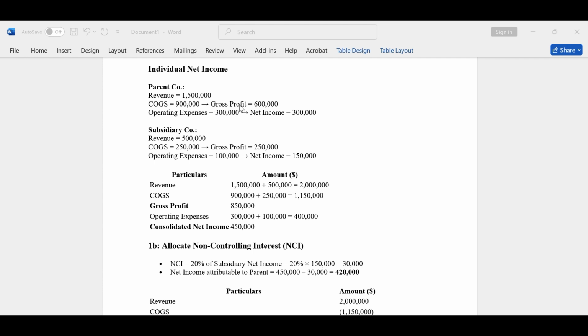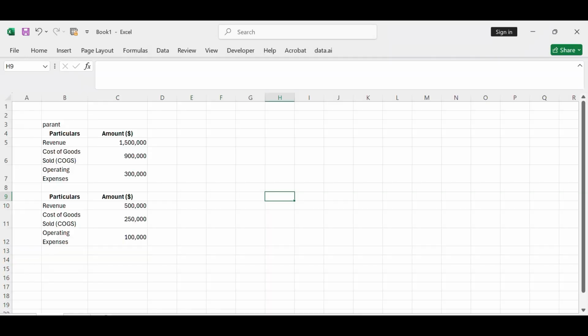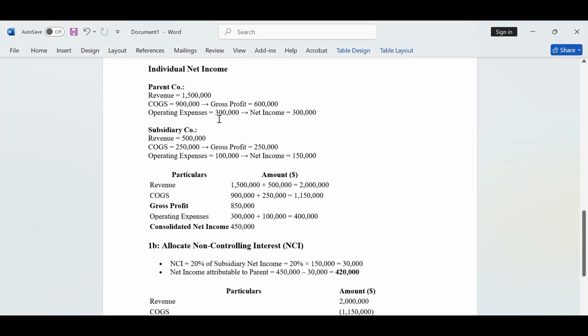Now we calculate gross profit: 15 lakh minus 9 lakh, we get 6 lakh. Next we give our operating expense, you see 3 lakh, and we minus it from 6 lakh, then we get 3 lakh. Next, our subsidiary company's revenue 5 lakh, cost of goods sold 2 lakh 50,000, gross profit